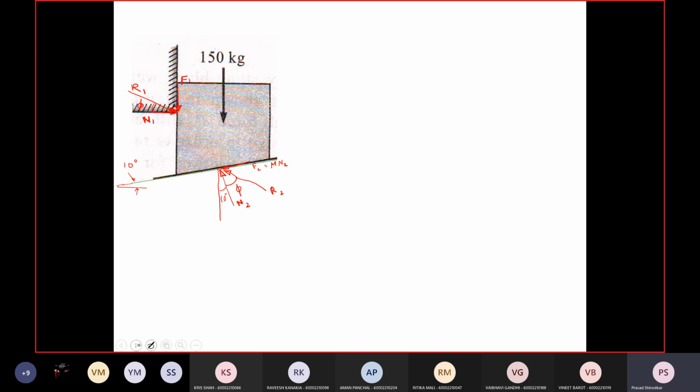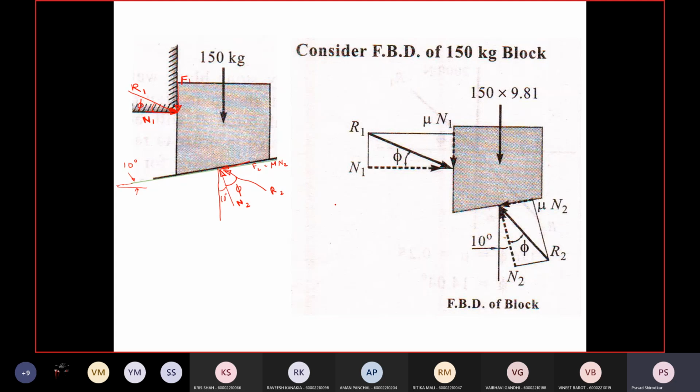Just put it on the screen. Alright, so this will be the finished free body diagram. Any questions regarding this? Of course, there will be one more force, that is the self weight of the block. It is 150 into 9.8. Any question regarding how to